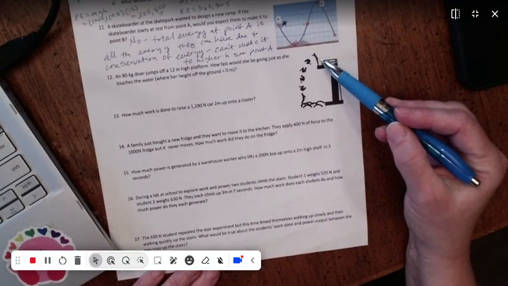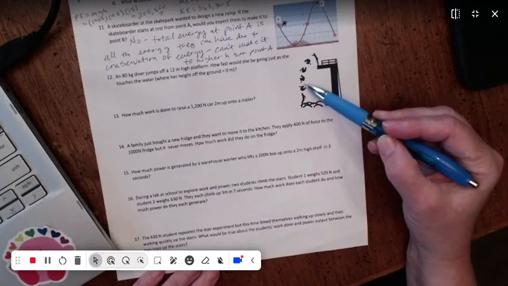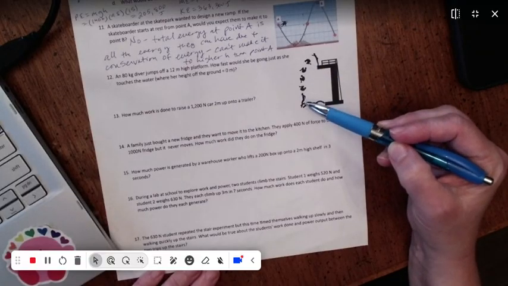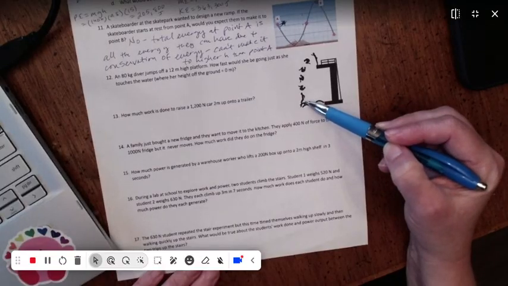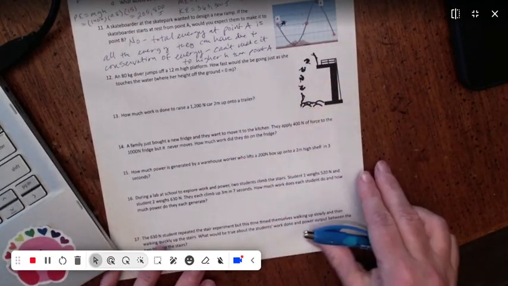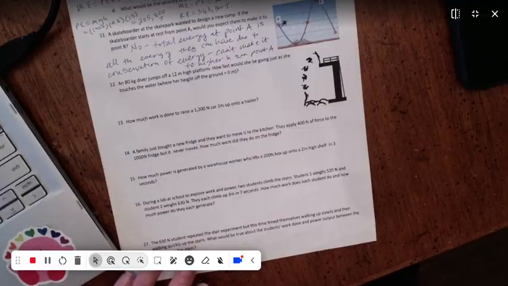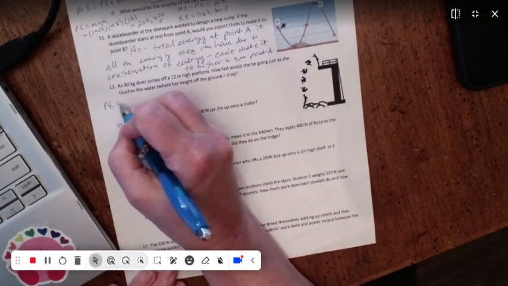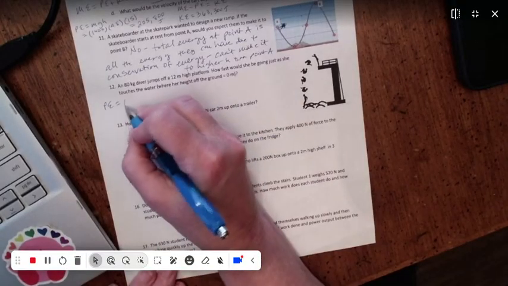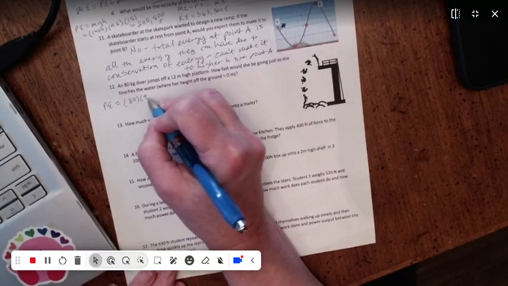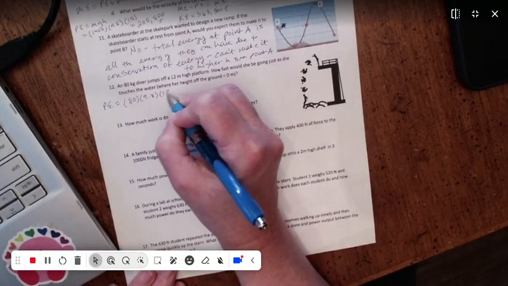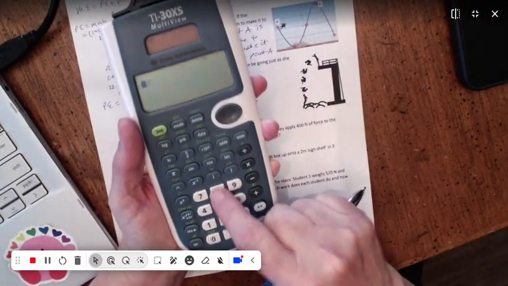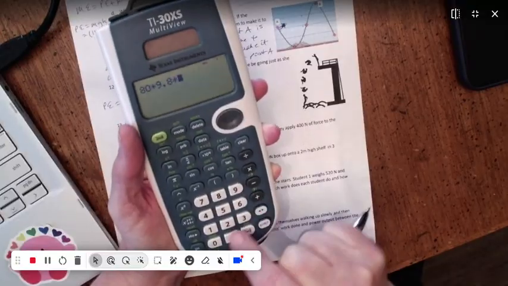Okay, an 80-kilogram diver jumps off a 12-meter high platform. How fast would she be going just as she touches the water, where her height equals 0? Okay, so in order to get that velocity, what we can do is get her potential energy at the top. So that's going to be 80 times 9.8 times 12 meters gives me